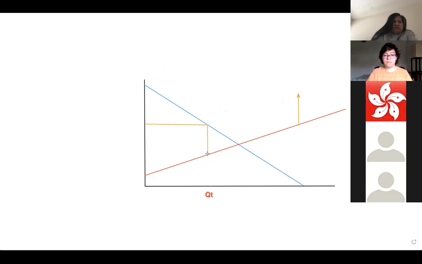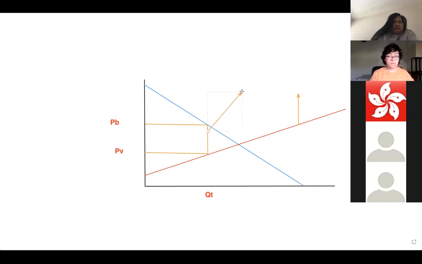And that is, okay, this is the buyer's after-tax price. This is the seller's after-tax price. Remember, this distance